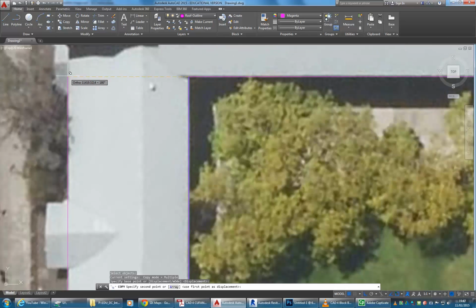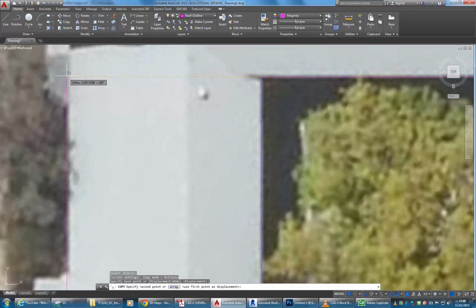And by eye, just try and get that to line up as best I can. So I can see there, well, it's not going to be my friend and make it 11,500. It's slightly less. But maybe we can just cheat a bit and say, well, it's probably a similar size to the other building. It'll make our life a lot easier if the two buildings are the same width. So let's type in 11,500